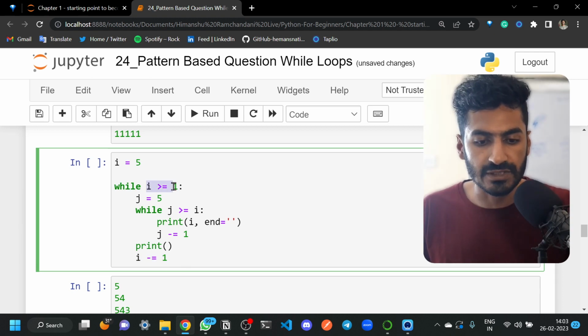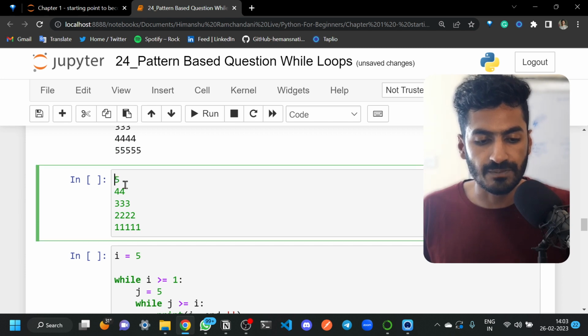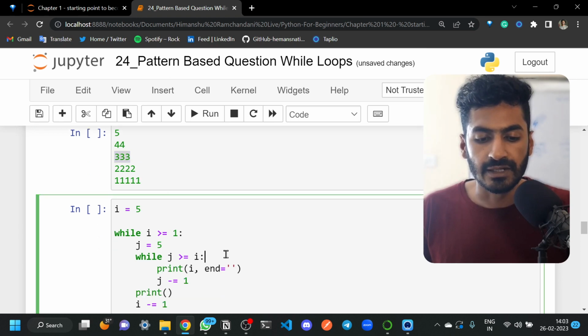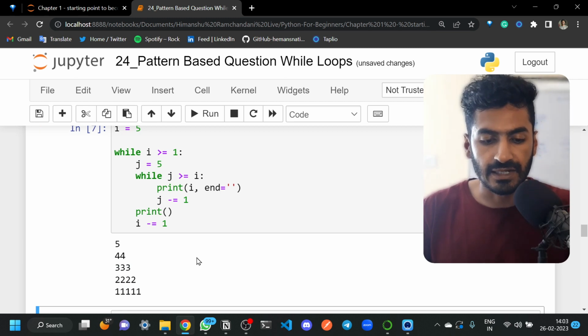It will loop: 4 is greater than or equal to 1, condition true. J is again 5. Is 5 greater than or equal to 4? True. It will print the value of I, that is 4. J will be decremented and it will become 4. 4 is equal to 4, yes, it is true, so the condition will be true and it will print 4 again. So this is how we are going to work on this particular part, because the pattern is similar. We have to check how this is printing the value. The only value that is not changing is I. If it changes, let's change it to